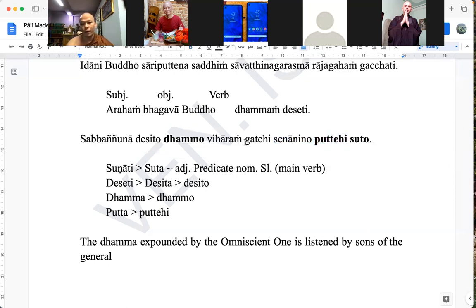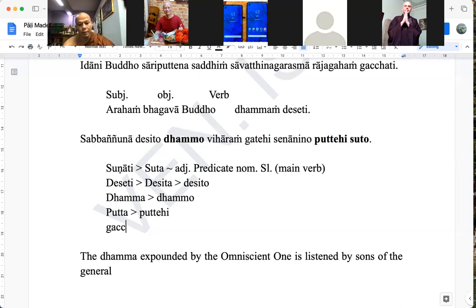And another one is here, Gadehi. Gadehi is actually Gata, a past participle from the Gacchati. So Gata. Gata is a past participle, but this one is active, so we don't need an agent. No agent there. Okay, no problem. Now Gata also modifies Bodhi. It has the same case ending, you see.